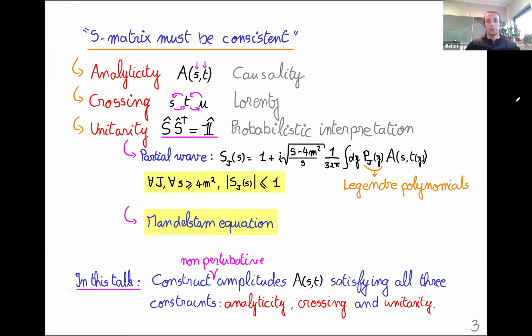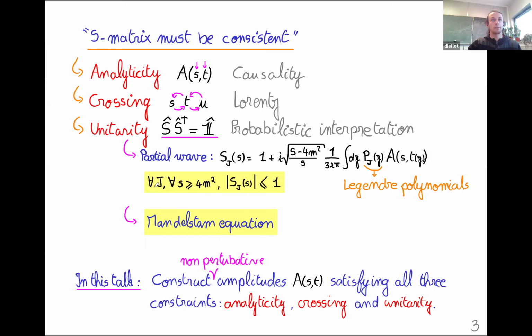Now I will expand a bit on the unitarity constraints. And in particular, sorry, was there a question or no? Okay. And so in particular,